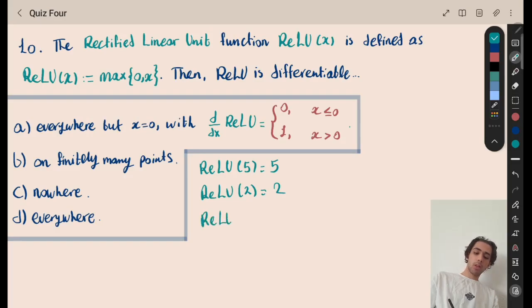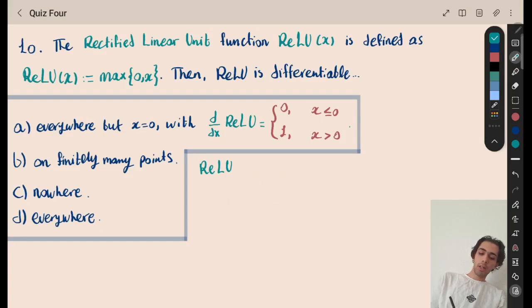So what's ReLU of minus 7? This is going to be 0. And so will any negative number be equal to 0, because we're taking the maximum of 0 and the negative number. So in fact,